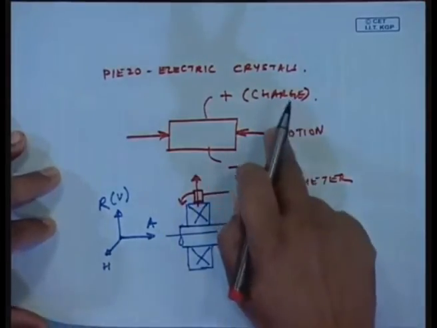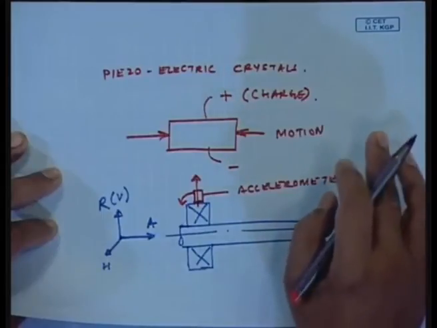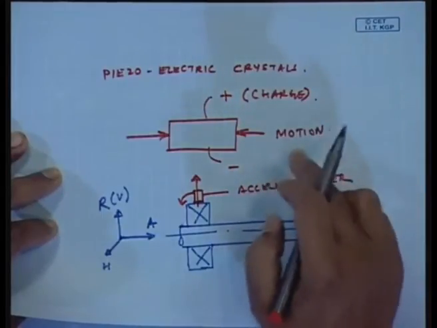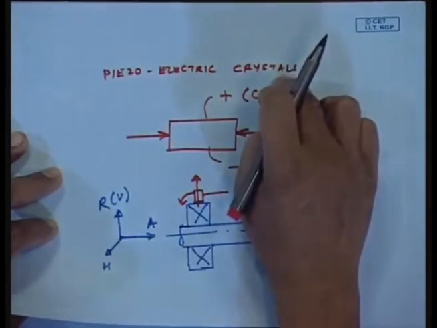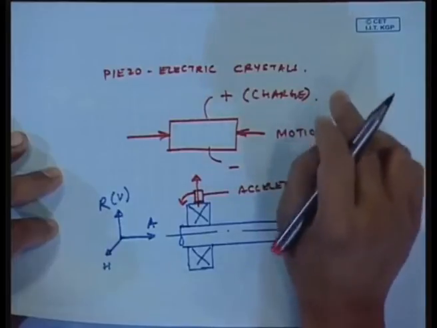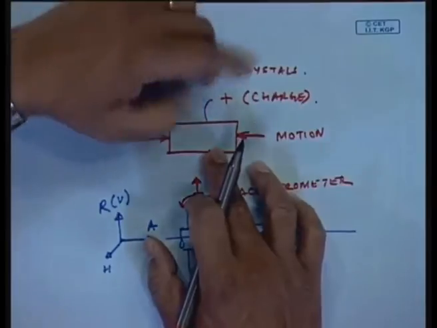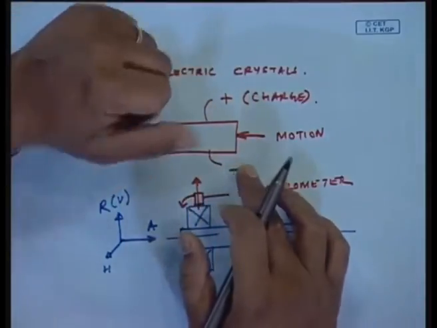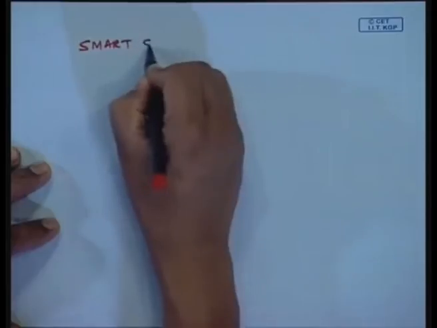So, coming back to the discussion of piezoelectric crystals. Piezoelectric crystals are found in nature and have this property that whenever I give a motion, they give a charge. Another very important feature of the piezoelectric crystal is, given an electrical charge, they are also going to have a motion, and that is what is used, particularly in control, when you talk about smart structures.